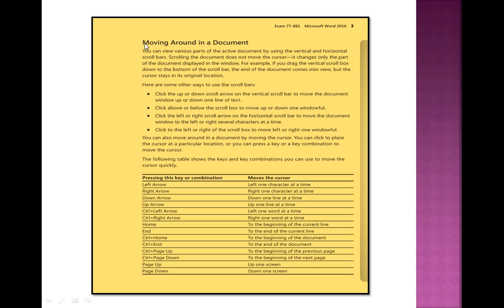Then another is moving around in a document. This is one of the important tasks, an important activity that will be used when there is no mouse, meaning the mouse is not working and I have to use only the keyboard. So these are all the shortcut keys, or key commands, that I can use without using the mouse. You can view various parts of the active document by using the vertical and